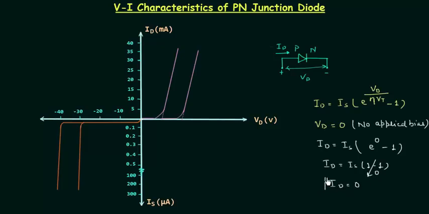So when the voltage across the diode is equal to 0, the diode current is also equal to 0. Now we will increase VD in the positive direction, not in the negative direction,